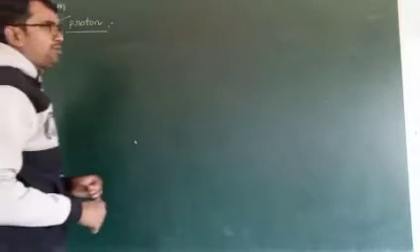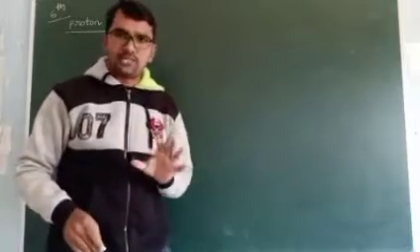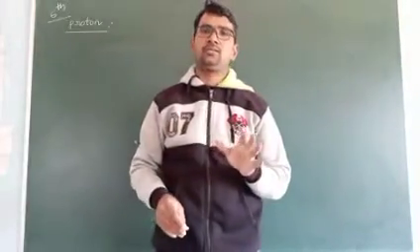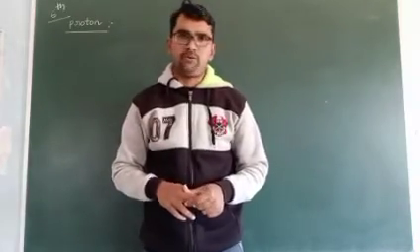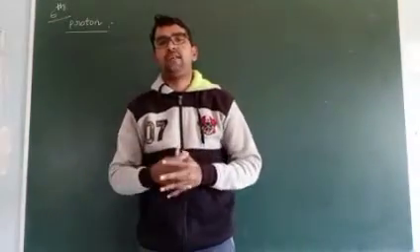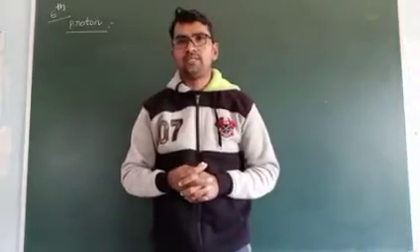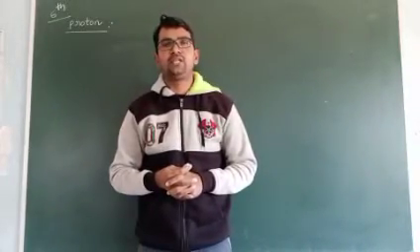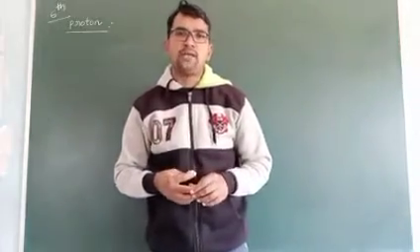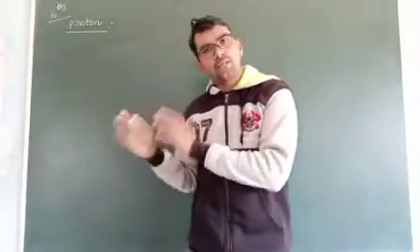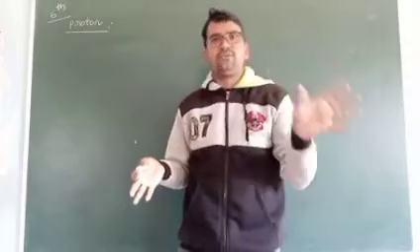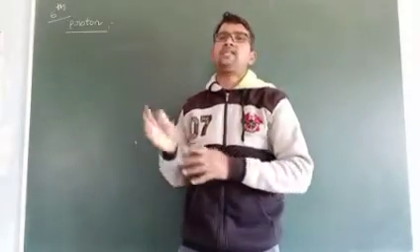Yesterday I already explained about electron. Who has discovered the charge of the electron? The person was Millikan, by using the oil drop experiment. And we know that the charge value of electron is minus 1.60 into 10 to the power of minus 19 coulombs or minus 4.8 into 10 to the power of minus 10 ESU. Same values for proton also, but the sign is different. Sign is different means it carries positive charge.